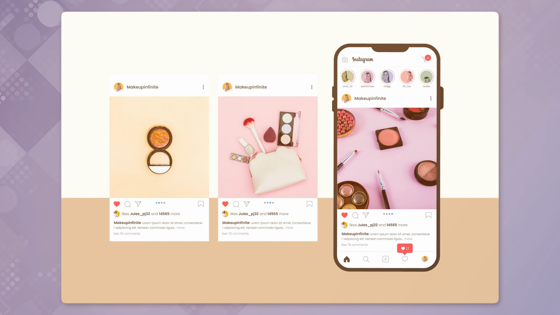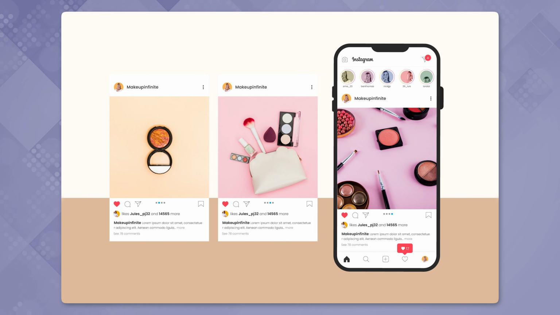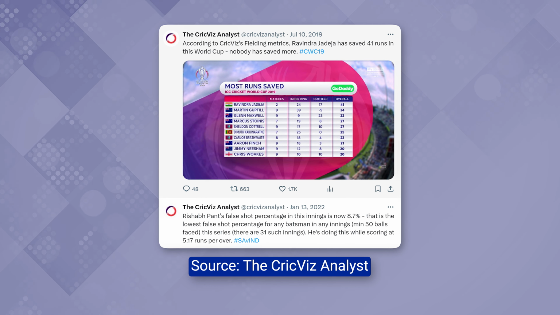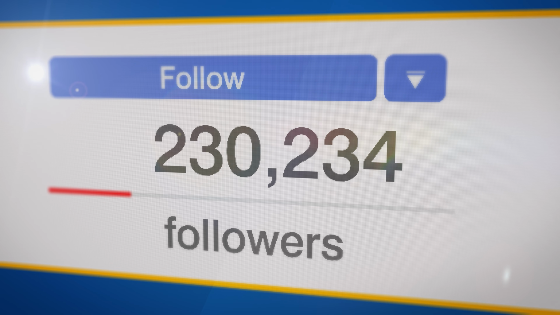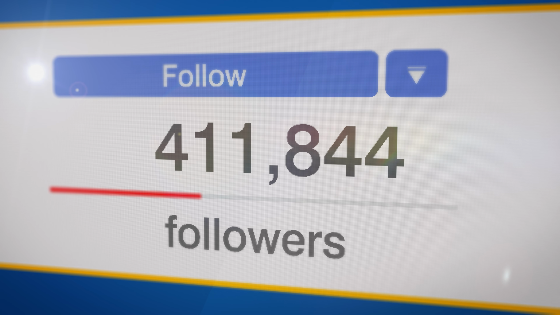For example, if you are posting on Instagram, you will need a catchy image. You can also use a story for that matter. On Twitter, you need to be concise. You need to give the gist of your article, or rather the core of it, in just 280 characters, because that is what the medium demands. So you will need to repurpose your content according to the social platform you want to promote it on. Once you start promoting on social media, you are directly tapping into the followers that you've gained on these platforms.